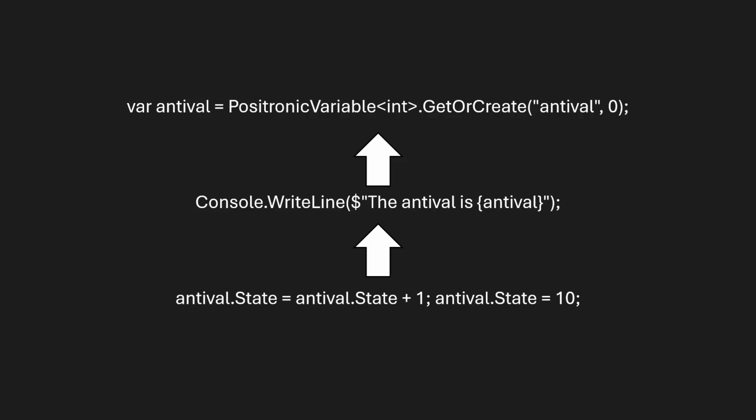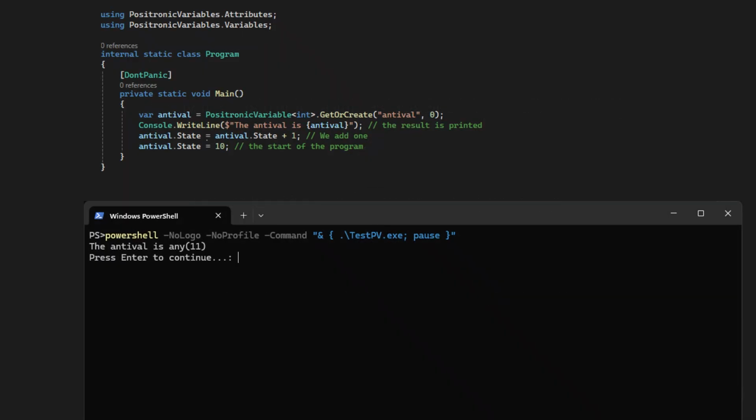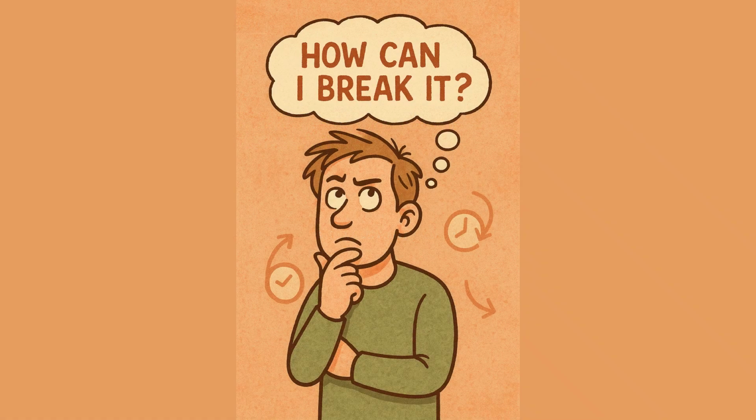We create our antival, doesn't actually matter when we create it. We then assign 10 to that. It then has 1 added to that value, and then we print out the result of 11 before we've done the calculation. Now this is all lovely and self-consistent, but the naughty part of your brain will be asking,